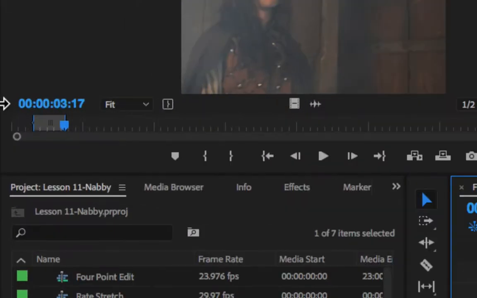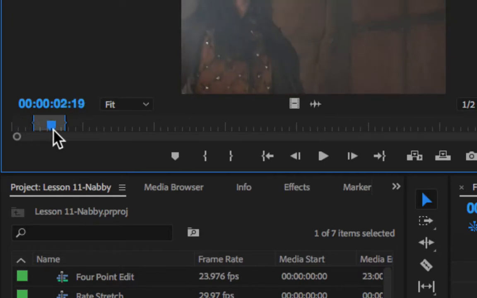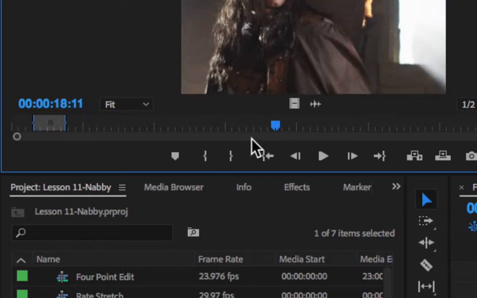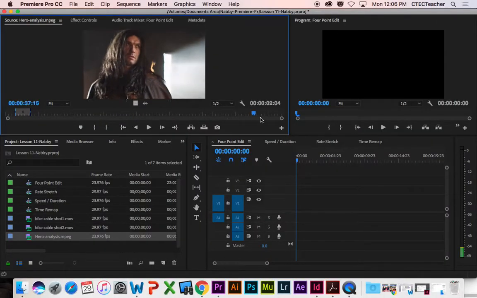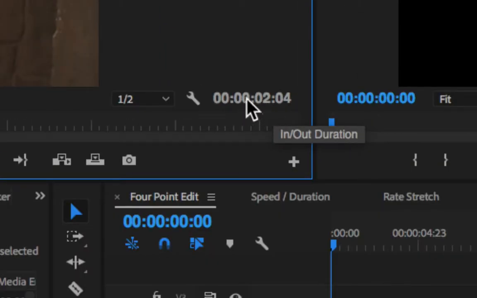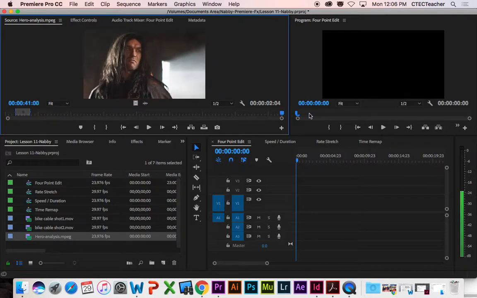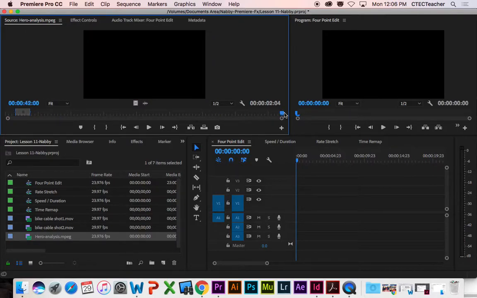You can see this time code over here is the position of the playhead, where it starts at the beginning counting frames, a certain number of frames per second, then the seconds start counting up, and then the minutes count up and the hours, however long your clip is. But normally the duration here that's set is the duration of the entire clip from beginning to end, which would be,